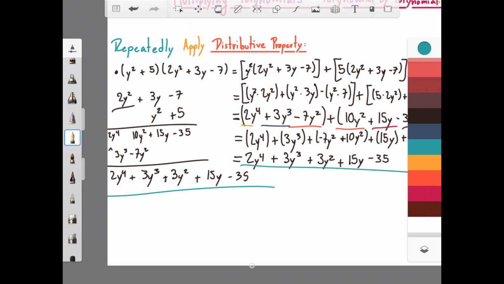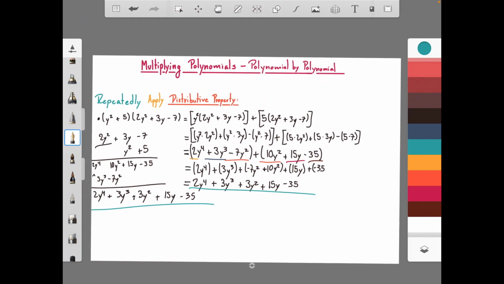And that's the amazing thing. You can do it however you want, and it really doesn't matter. It really doesn't matter if you feel more comfortable doing it horizontally, or if you feel that it's easier for you when you do it vertically. It depends on you, and that's the nice thing about multiplying polynomials, that you can actually make your own way when you're multiplying polynomials by polynomials. You can use vertical or something like that, whichever